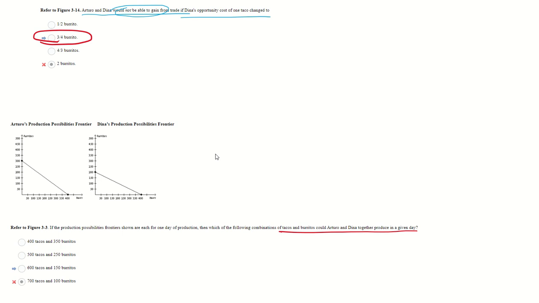Just by looking at the numbers, it looks like Arturo is better at producing burritos. Dina, not so much. By way of comparative advantage, one person is always good at one production. So if Arturo is good at producing burritos, that automatically means Dina is good at producing tacos. Even though they seem like the same number, both 400, remember this: your comparative advantage is not about how much you can produce, it's about how little you give up. If you have a lower opportunity cost, that is your comparative advantage. And if you go back to our four prices from above,